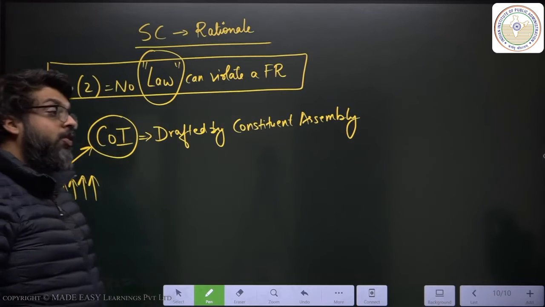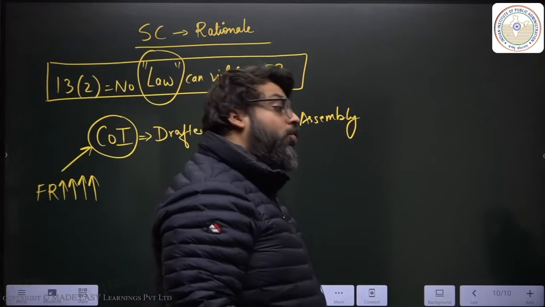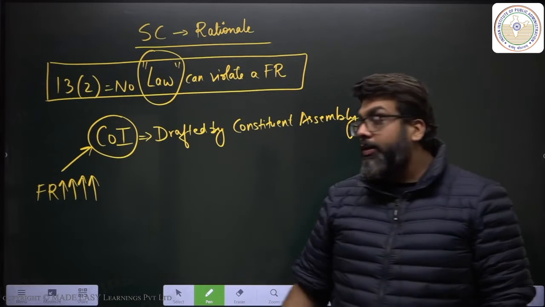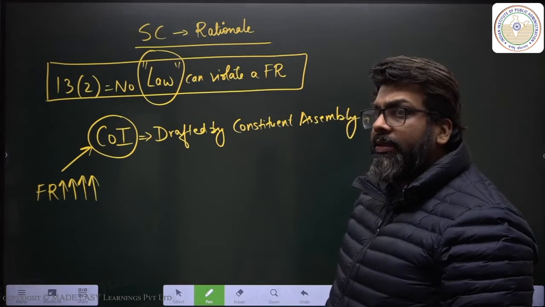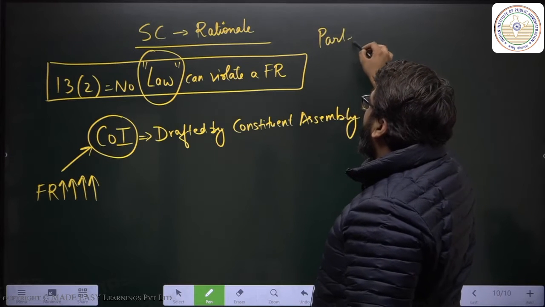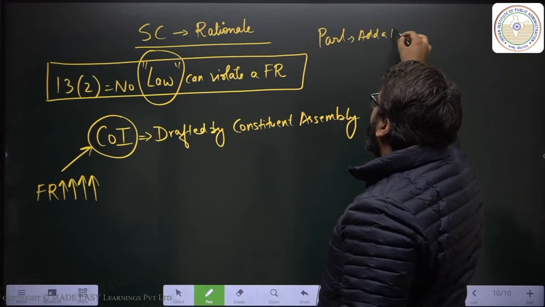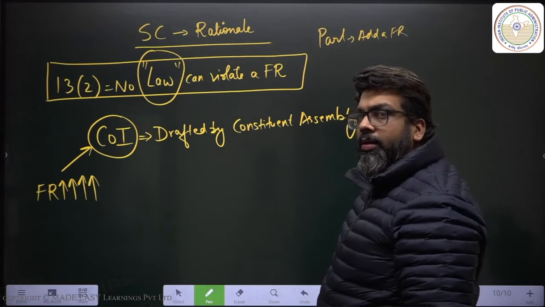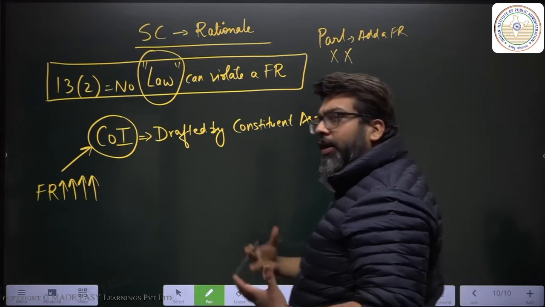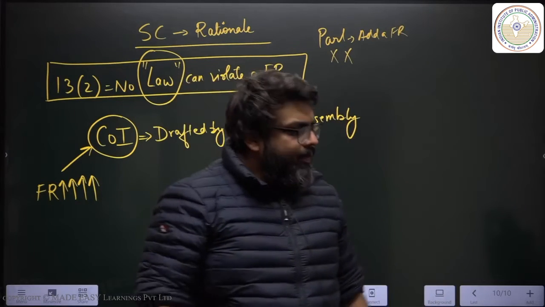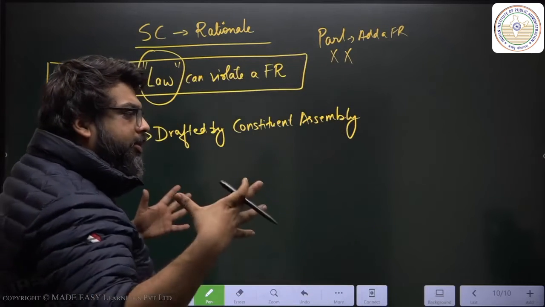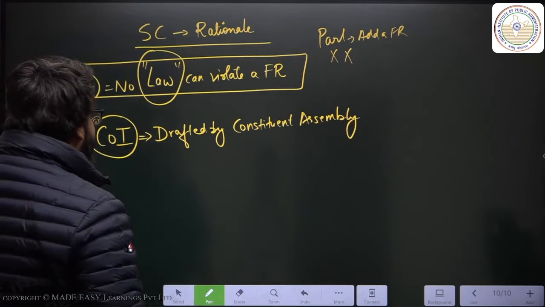Because you can directly go to the Supreme Court for it. No law apparently can violate a fundamental right. Which means tomorrow, if the Parliament wants to add a fundamental right, you will also come then and say, no, they can't. Are we supposed to have a rigid constitution? Are we supposed to have a narrow constitution? Are we supposed to have such a short-sighted constitution?